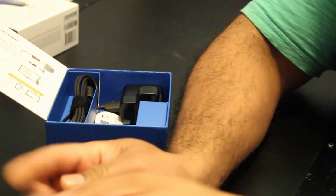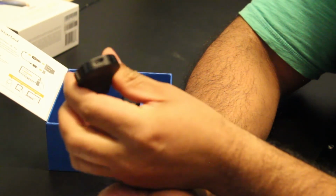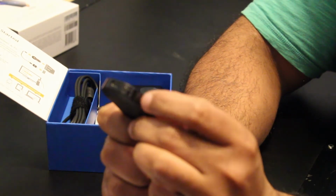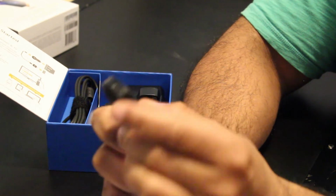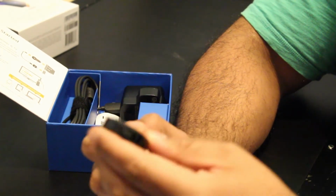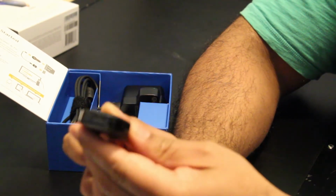on the back it has a micro USB input port, and there is a button right here which is a reset button if you want to do a hard reset. If you want to do the factory reset to your Google Chromecast, you just press and hold that button for about 30 seconds. There are other ways of resetting your Chromecast from the mobile app and from the desktop